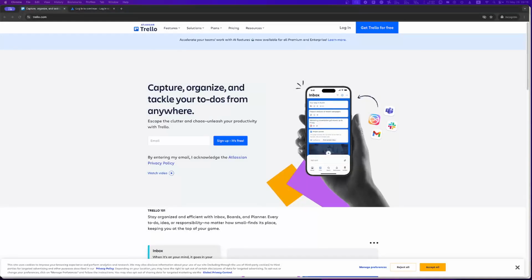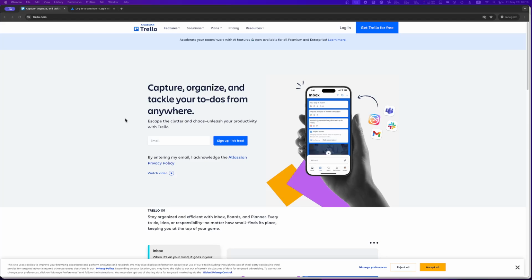In today's video, I'm going to teach you how to manage cookie preferences in Trello. Managing your cookie preferences is an important step toward personalizing your online experience and maintaining control over your data. Whether you're looking to allow only essential cookies or want to customize which types of cookies Trello can use, this guide will walk you through the process clearly and step by step. By the end of this tutorial, you'll know exactly how to adjust your settings to suit your preferences, so let's